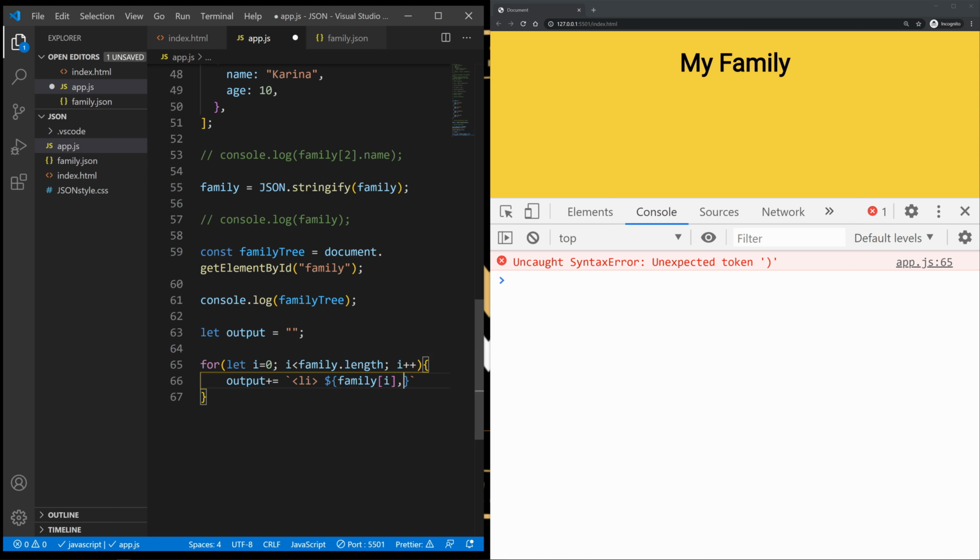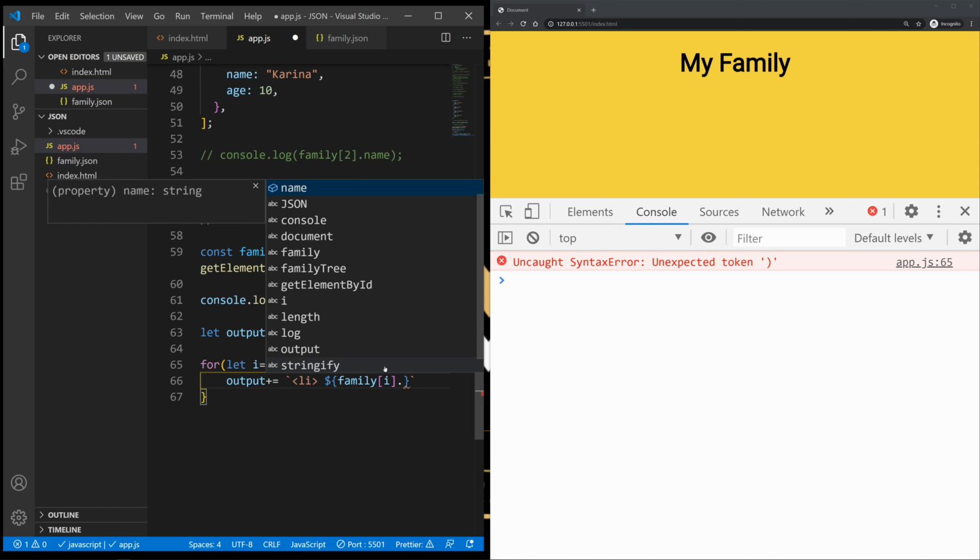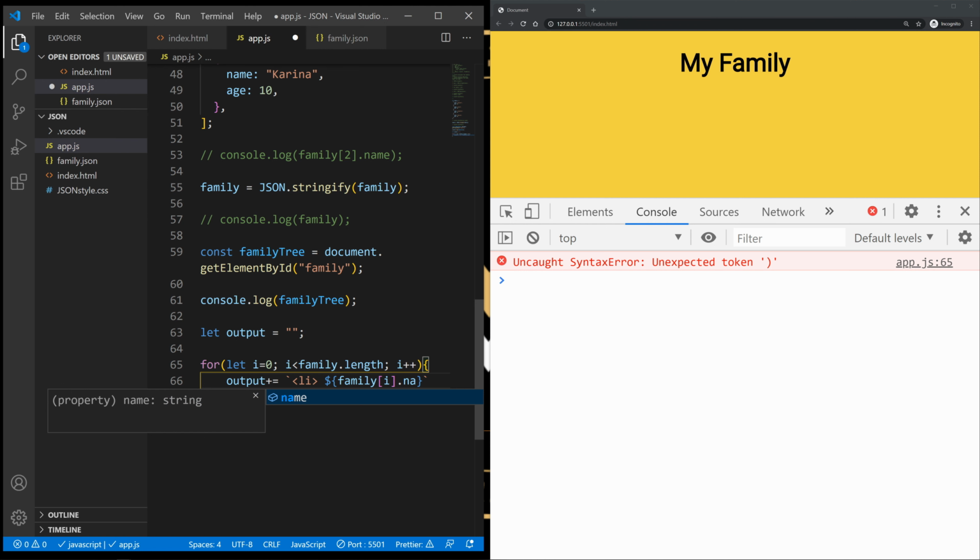I'm going to iterate through each one of them, and then we're going to take the name and then the age. Actually, we need to go outside of this. So name and then also the age.